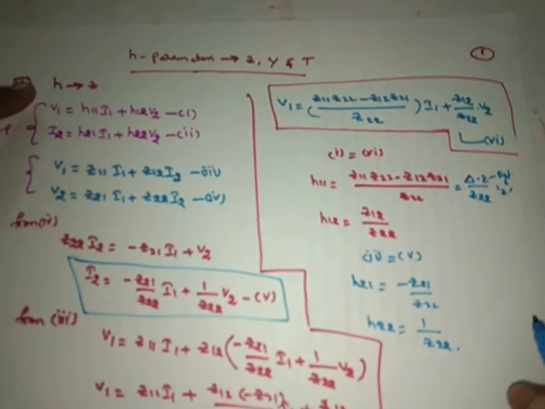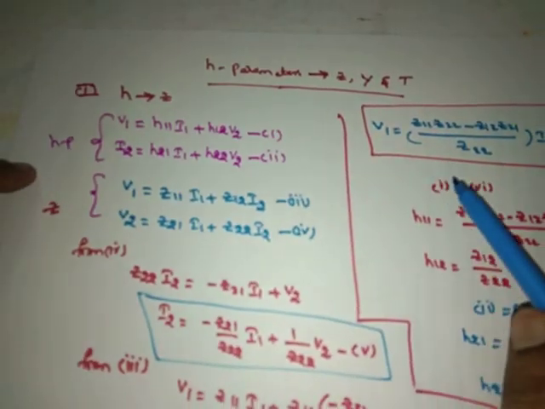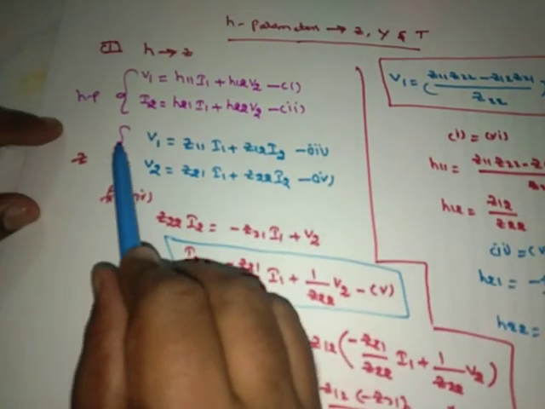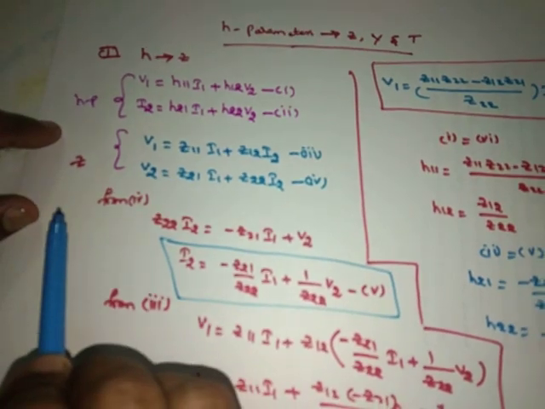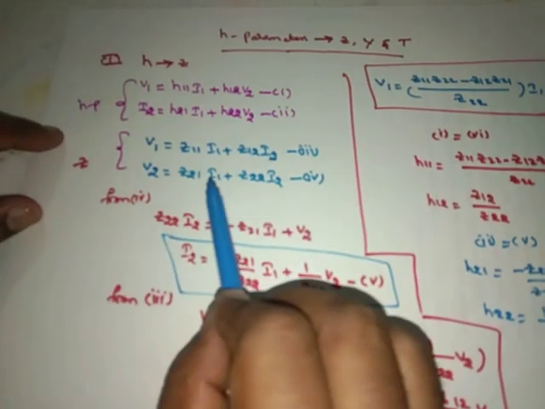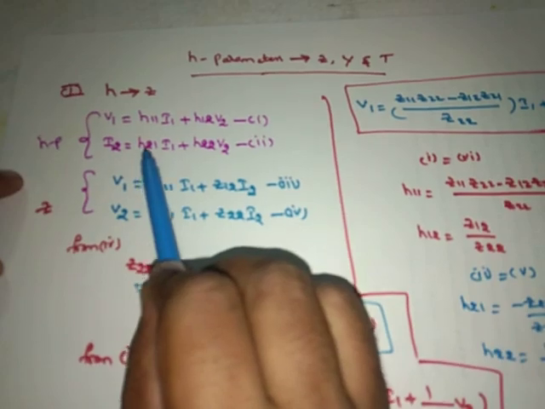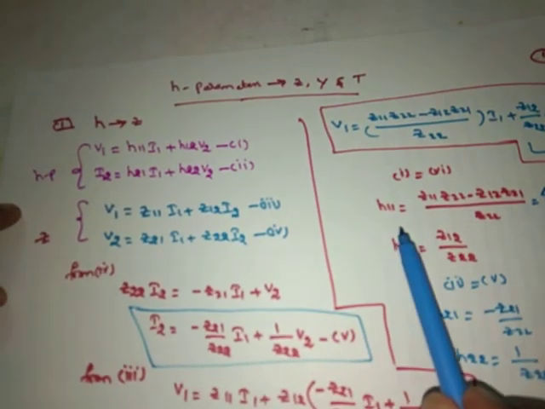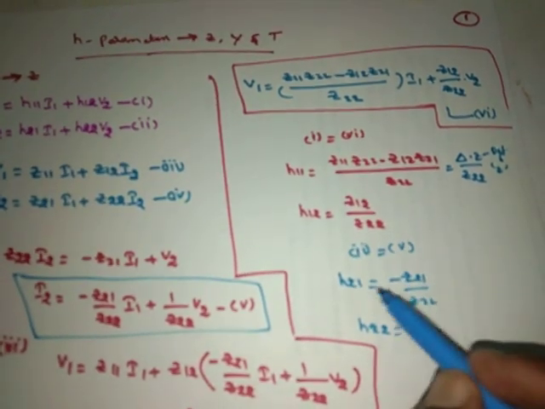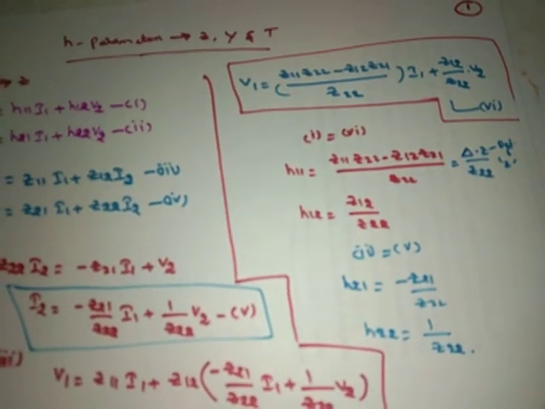So the first case is over: H parameters expressed in terms of Z parameters. The procedure is, first of all write down the H parameter basic equations. Similarly write down the Z parameter basic equations. Then represent the Z parameter basic equations in the form of the H parameter basic equations. Then equate, and finally you get H11, H12, H21, H22 in terms of the Z matrix. Right? Now the second case